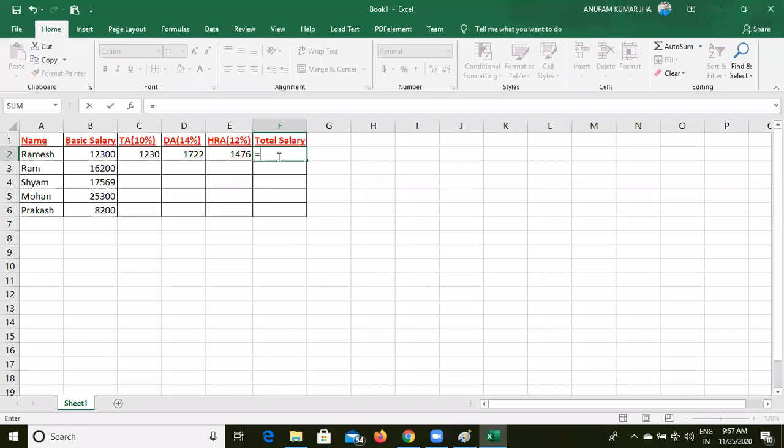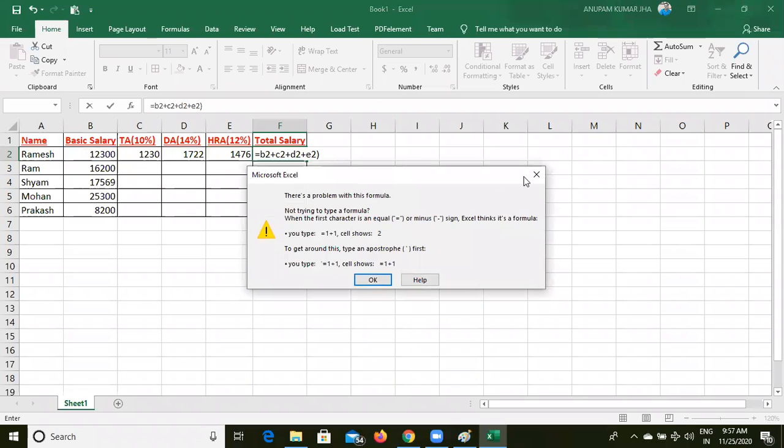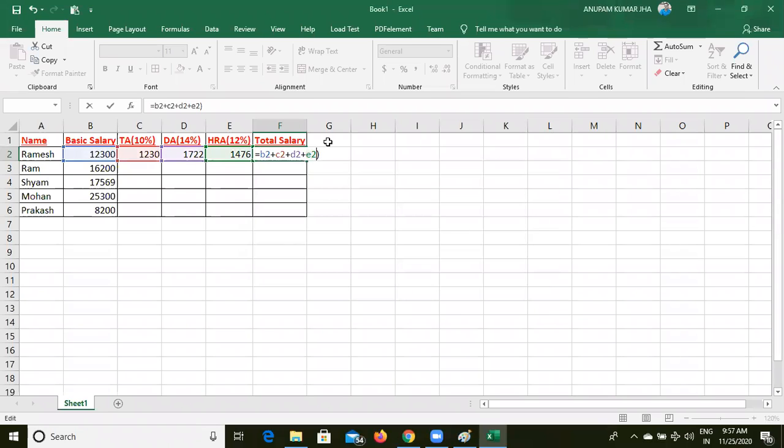You can write equals to B2, okay, plus C2, C selected, plus D2, okay, plus E2. Now close and press enter. Sorry, if we did not open a bracket, then no need to close. Without bracket, you have to press enter.